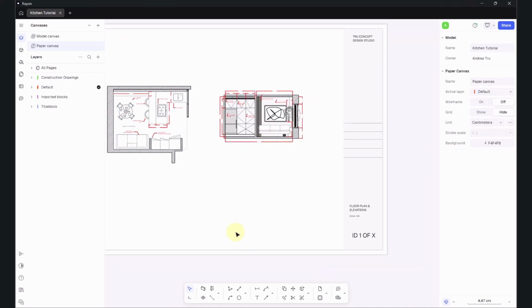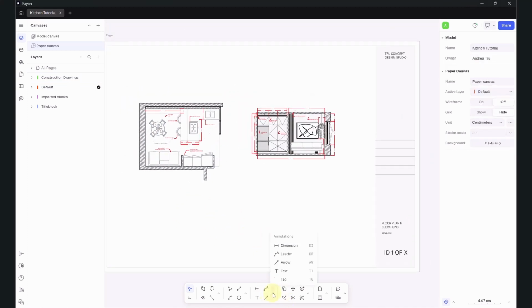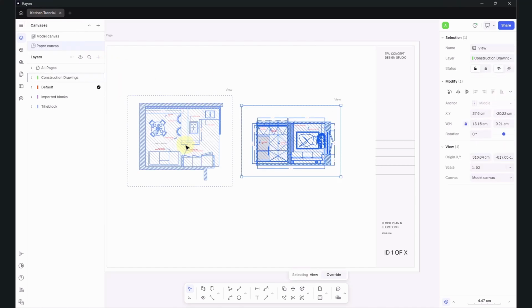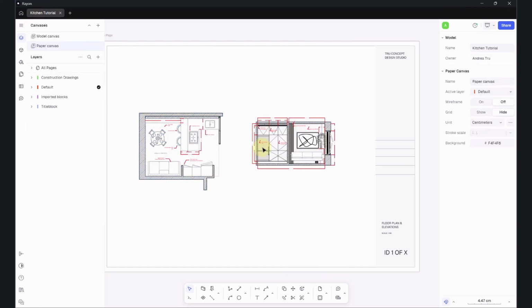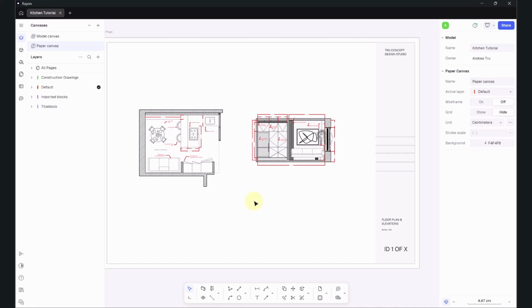And here you can add text. You could also bring images. If you're adding a mood board or something on the same page, you would want to go here to import images and things like that. Or really any details that you want to add to your title block before you export it. So once you have done all of that,